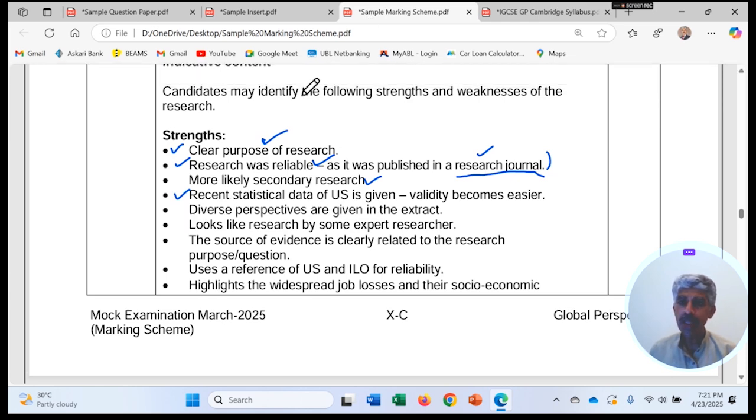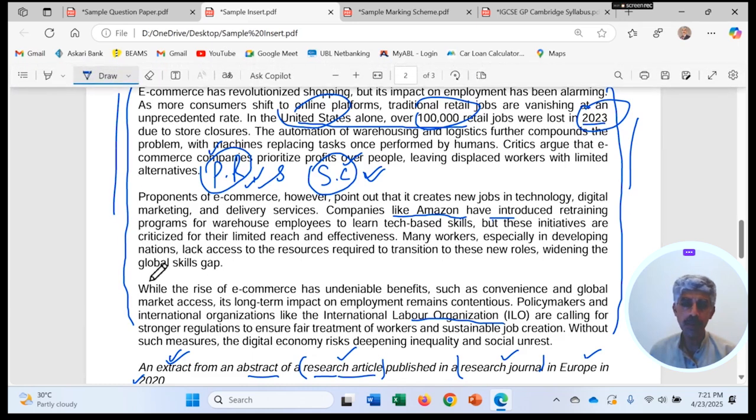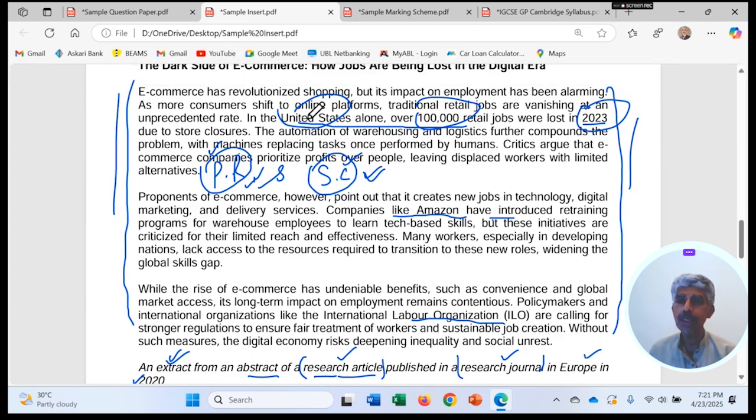Then, diverse perspectives are given in the extract. If you read the whole of this extract, you will find out that whenever you talk about the United States, it means that the national perspective is also given over here, right? And then if we talk about certain other factors,